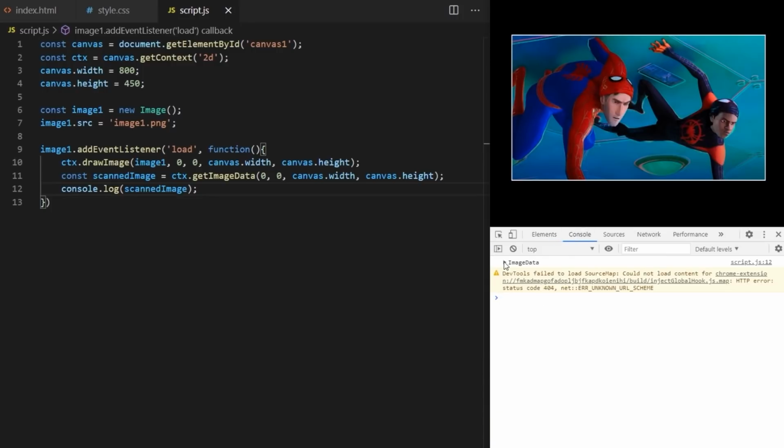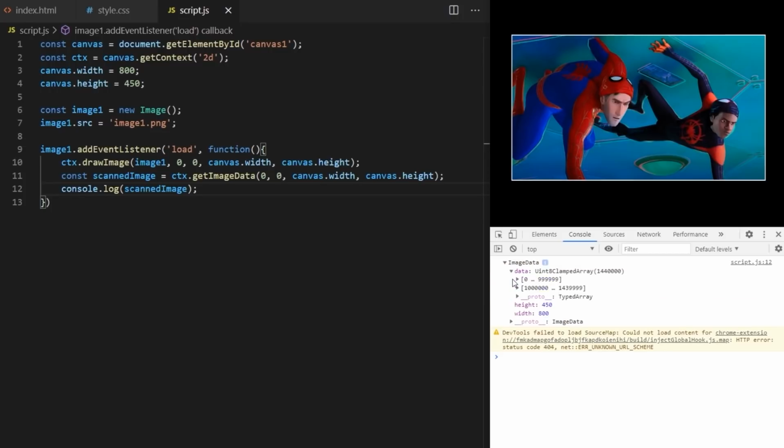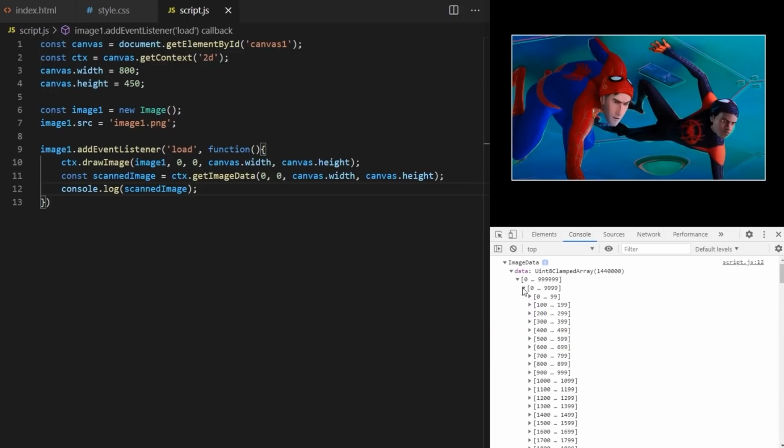It scans all pixels and it returns an image data object. If I console log my scanned image variable, we can see that object here. Let's open it and we can see it contains something called data, which is an array. We also have height and width properties, which correspond with the size of the area I scanned with the getImageData method, and it also has some prototype methods, which are not important now. If I open data, we can see it's a massive array, but it's not a regular JavaScript array. I can see it is called something like Uint8ClampedArray, and it contains